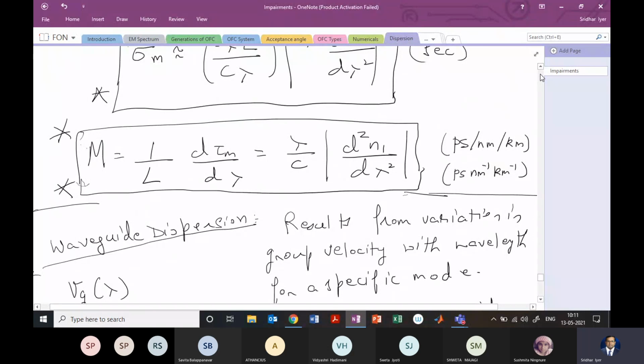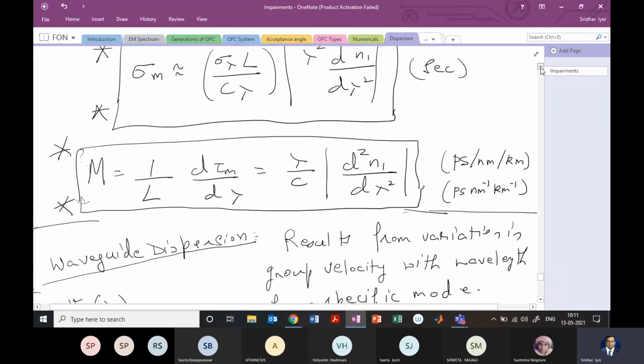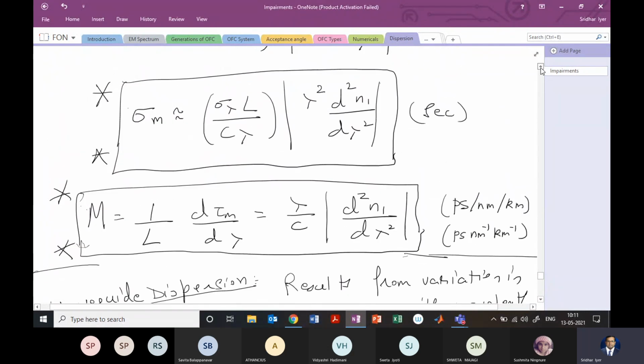We looked at the material dispersion, and we have derived the equation for the material dispersion, which is the one in the bracket, which is starred. So we have two equations here. One is sigma m, which is basically the spectral width. So just for clarity, I will write this as spectral width, that is the sigma m, right? And then you have M, which is the denotation for material dispersion. In a few books and sources over the internet, this M is sometimes written as DMAT, to say that this is dispersion due to material dispersion. So you can use that as well. I've just denoted it by M.